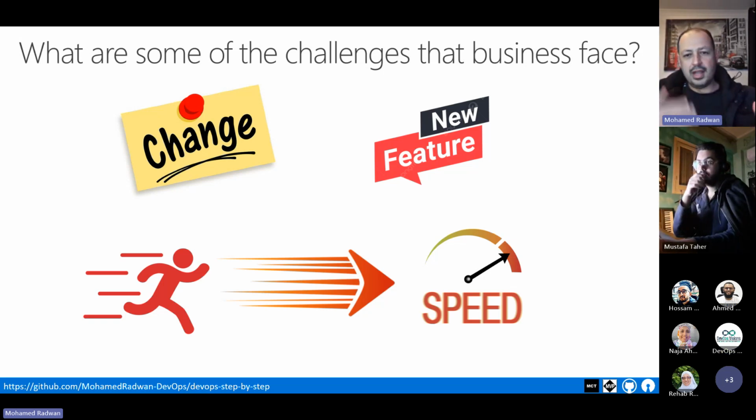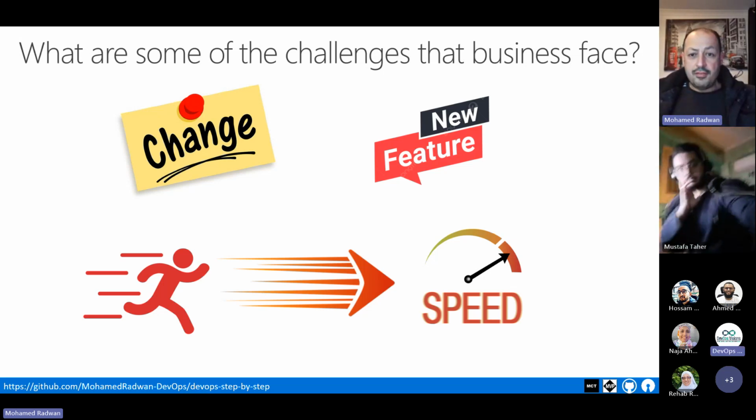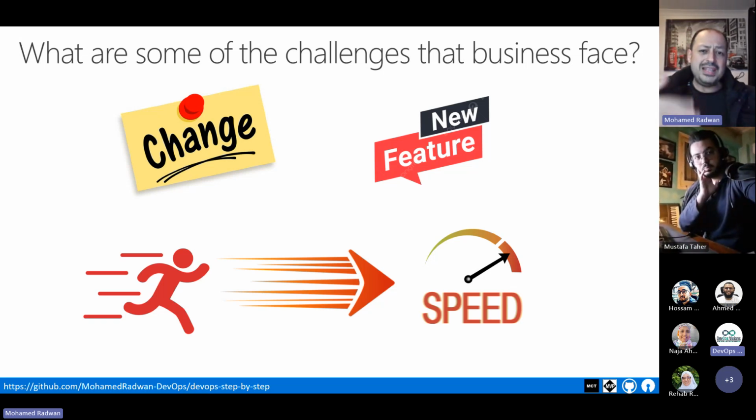We need to develop this quickly, whether it's a change or a new feature. For the last 15 years we have been talking about agile and DevOps, speeding that up, but the market requires more and more and more.